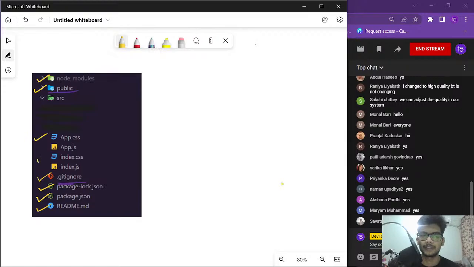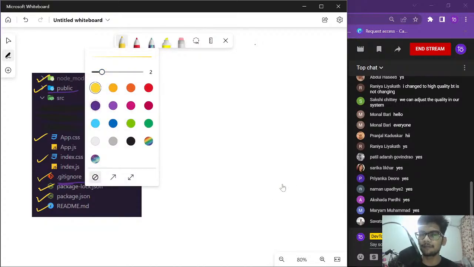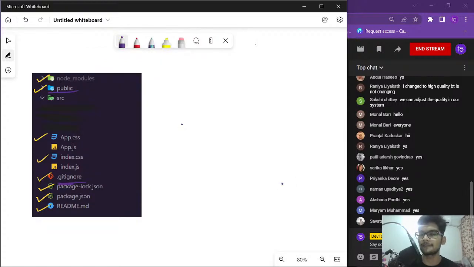So we have talked about these two, and these are default files guys. Whenever you create a new project, you will have App.css and index.css. If you want, you can delete them, but by default, they are included. Now after that, what do you see? We see two files. One of them is index.js and one of them is App.js. Now you need to remember,